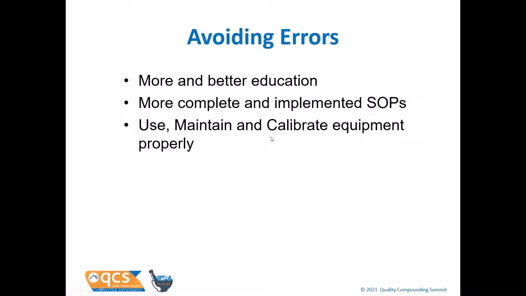Need to use, maintain, and calibrate equipment properly. A lot of the equipment needs to be maintained and calibrated by outsourcing it to appropriate companies. And this is really an excellent way to do it. For example, if you have them come annually, have them come at, let's say, in May of each year, so that way you know when they're coming. They can arrange the time with you, and you can make sure that your equipment is ready for them to maintain and calibrate it.